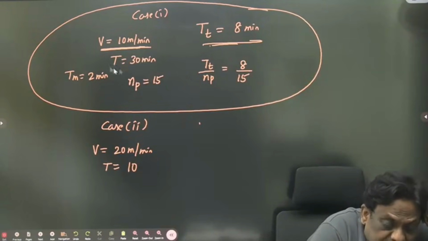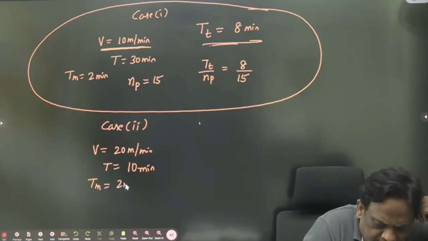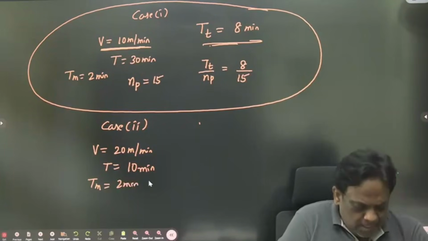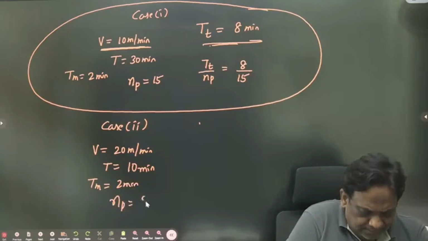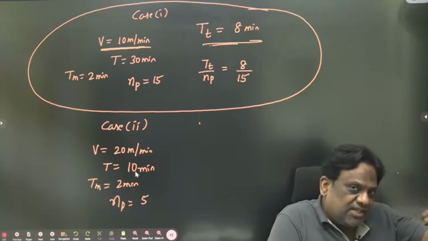इस वेलोसिटी पे ये टूल लाइफ है, तो अगर मैं वेलोसिटी को बढ़ाऊं, टूल लाइफ घटेगा। अब आप मुझे मैन्युफैक्चरिंग टाइम बताओ, तो 2 मिनट है एक पीस को मैन्युफैक्चर करने में। अब आप कितने पीसेस मैन्युफैक्चर कर रहे हो? देखो, सिर्फ 10 मिनट्स में आप टूल चेंज कर रहे हो।